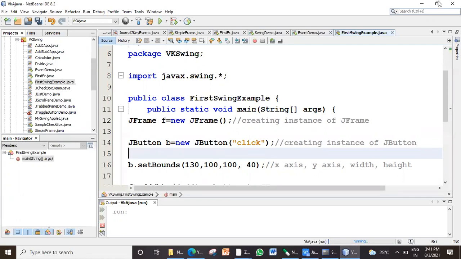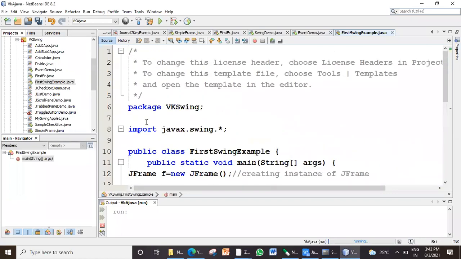Import java.awt.*, ma'am. First, we should import that package. That is already done here.